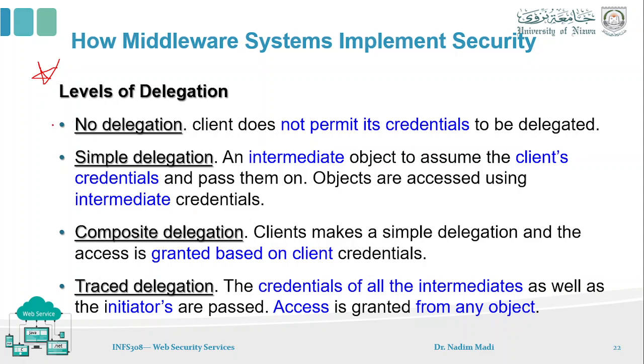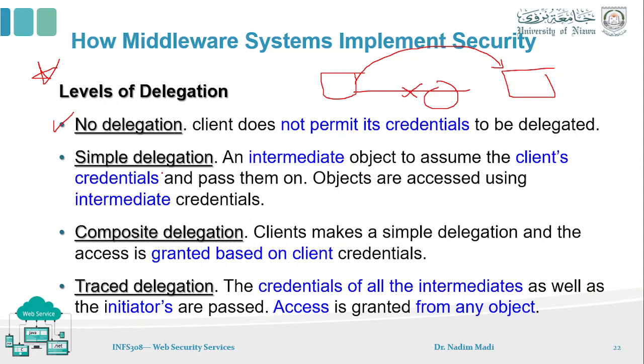First of all, the first level here is no delegation. This means that the client cannot permit any of its credentials to the server, to the middleware, where we have the client, the middleware, and the server here. So the client will assume that there is no delegation. It can actually contact the server immediately without having this kind of